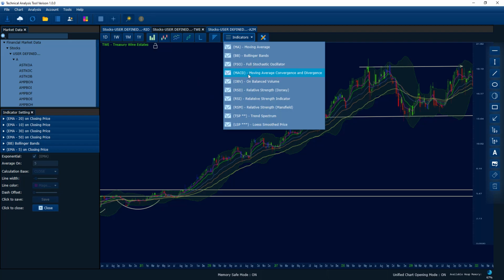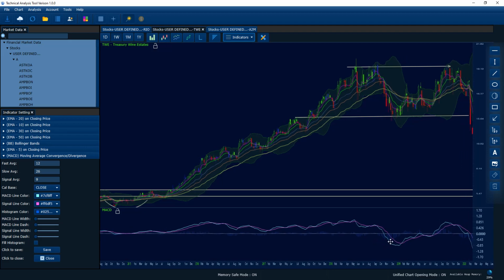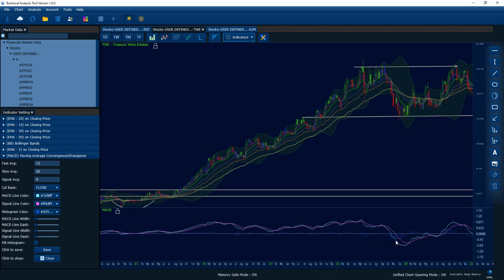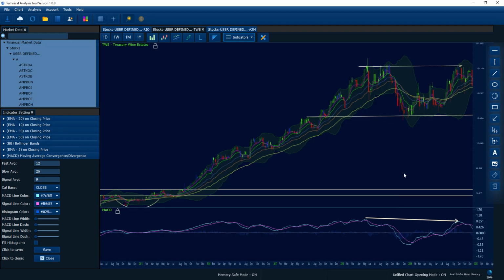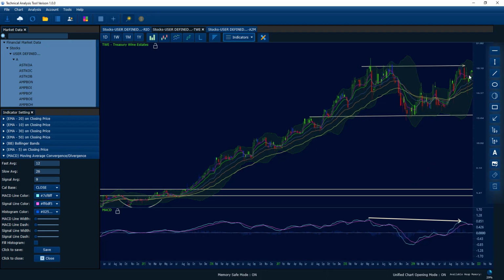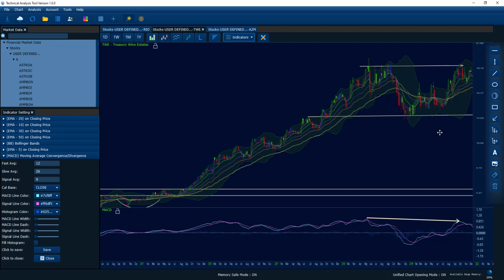Where is MACD? Yep, this is MACD. Okay, so MACD, as we can see, also has a divergence, but not as obvious as RSI. But yes, when you see so many divergences happening, and the relative strength indicator also tells you this share doesn't outperform the market too much and it's weakening, you have enough information to confirm there might be a